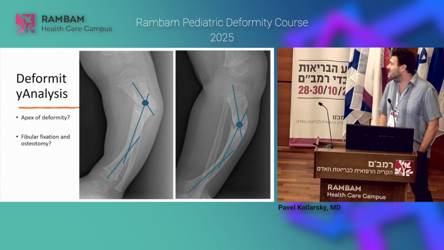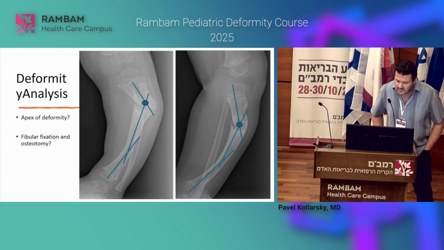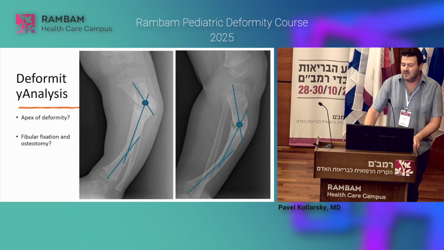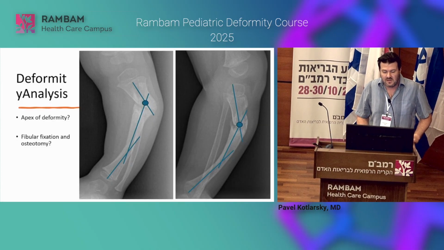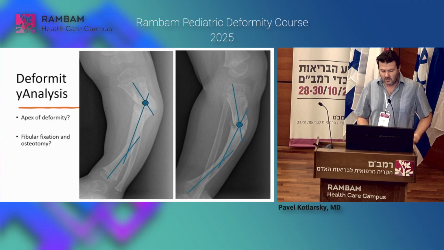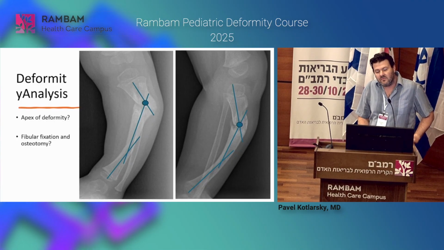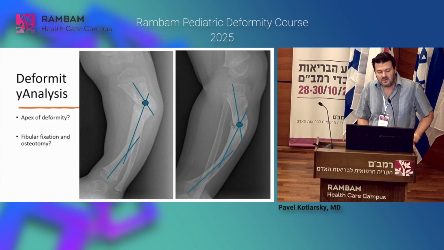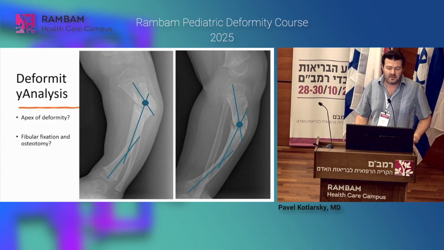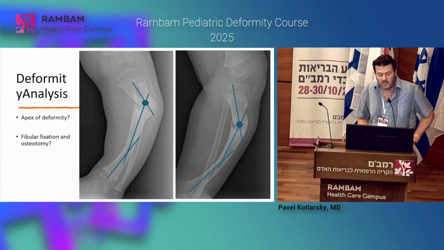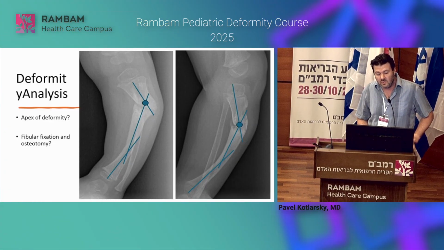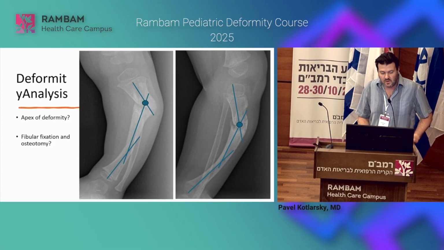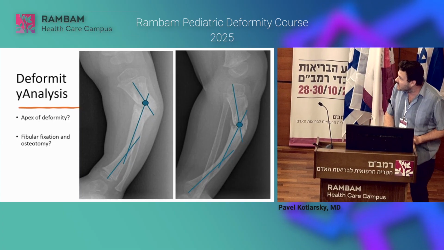There is a small distal deformity, but the main apex of deformity is obviously the pseudoarthrosis, so that is easy. The second question: when we apply the frame and correct that, what are we going to do with the ankle? Because usually when we do lengthening, we fix the ankle mortise with a wire or a screw and do an osteotomy of the fibula. So the question is, what do we do here with this ankle?